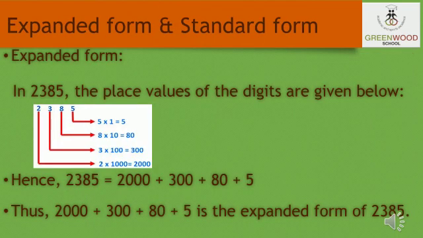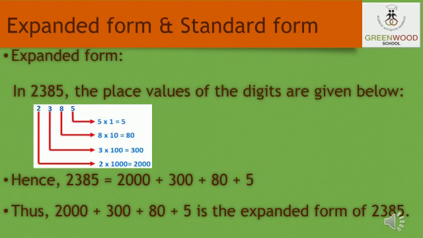Third topic of this chapter, standard form and expanded form. In the expanded form, we break up a number according to its place value and expand it to show the value of each digit. Each digit has a place value. It determines the value of that digit according to its position in the number. The value of a digit in a number increases as we move from the right hand side to the left hand side. The digits on the right hand side have a lower value than the digits on the left hand side.